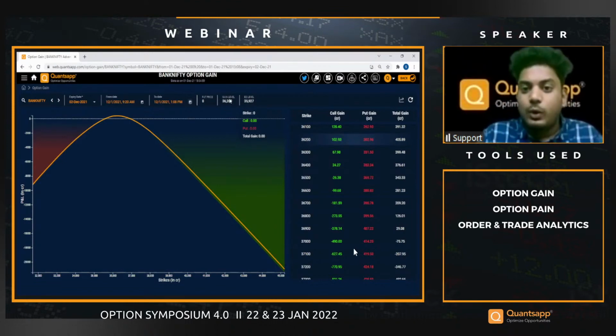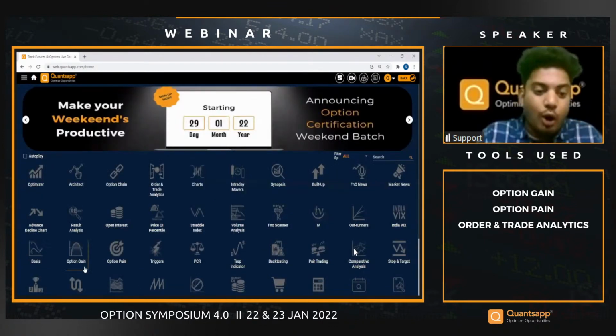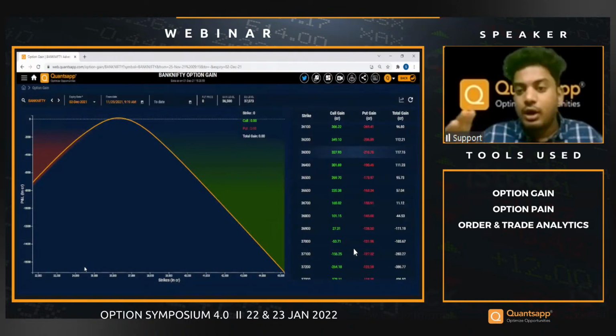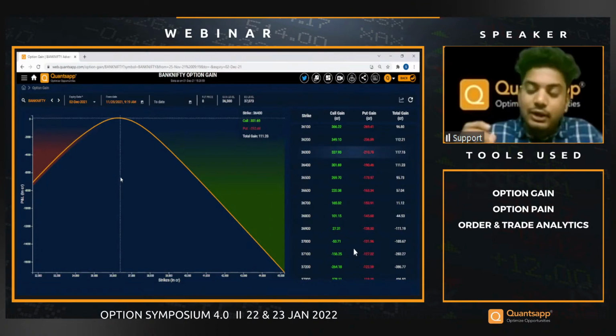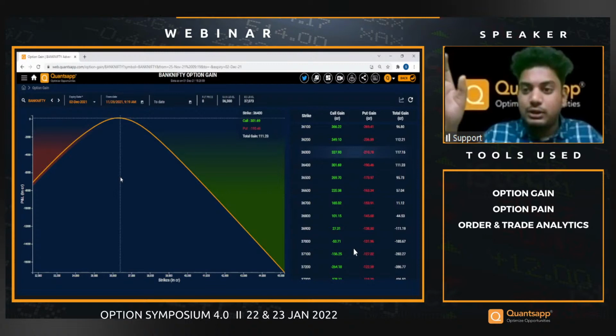So this is how you can check the shifts happening in the gain level or max pain level on an expiry day in the option gain tool, because max pain theory does not allow us to check how the shifts are happening in the pain level. Instead, we can optimize the pain level even better using the gain level. Again, to repeat, if Bank Nifty goes to 36,800, the gain level shifts to the upper side along with it, an indication of positive momentum from there on.